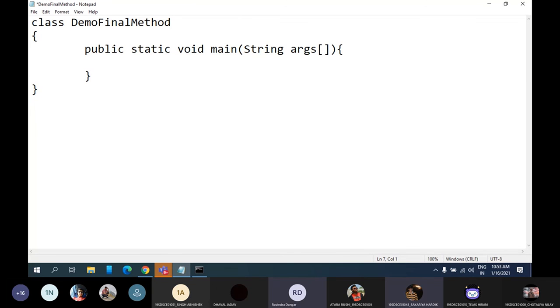Correct, you cannot modify it. If we define any variable with the final keyword, then we cannot modify the value of that variable throughout the program. And even if I try to modify the value, then I will get a compilation error. That variable A is declared with the final keyword, so you cannot modify it. Similarly, if I declare any class with the final keyword, then what will happen?